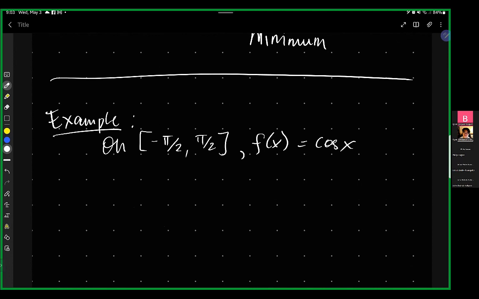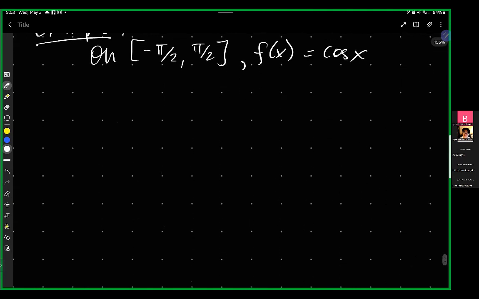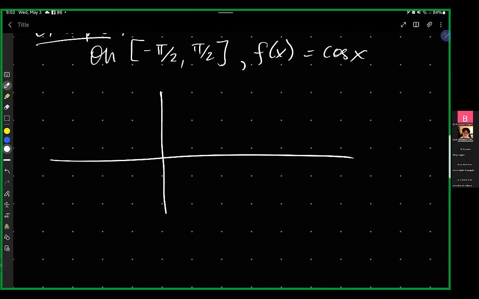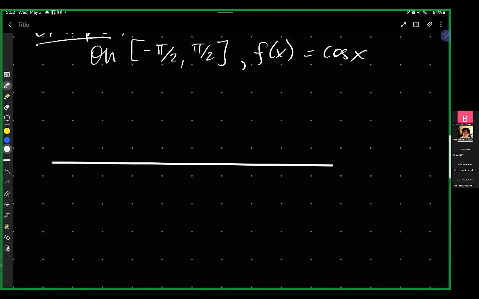So I believe alam niyo na kung paano mag-plot ng function, no? For example, trigonometric functions, no? So let me just refresh you. Okay? Pangit sa sulat. Anyways, you have a straight line. Okay. So a trigonometric function can take the values for y, 1 and negative 1,